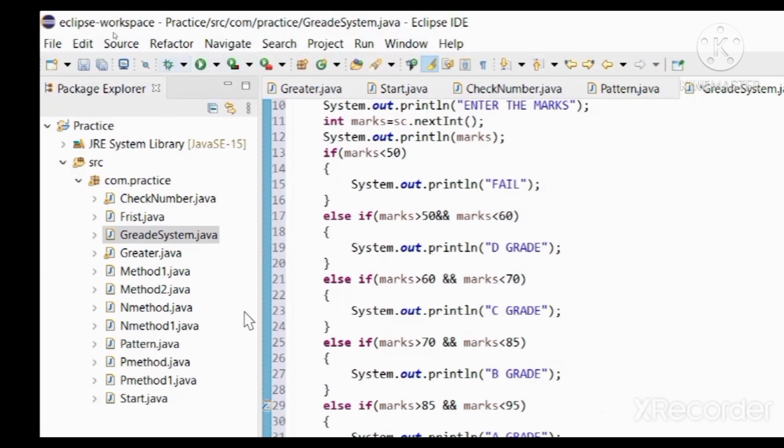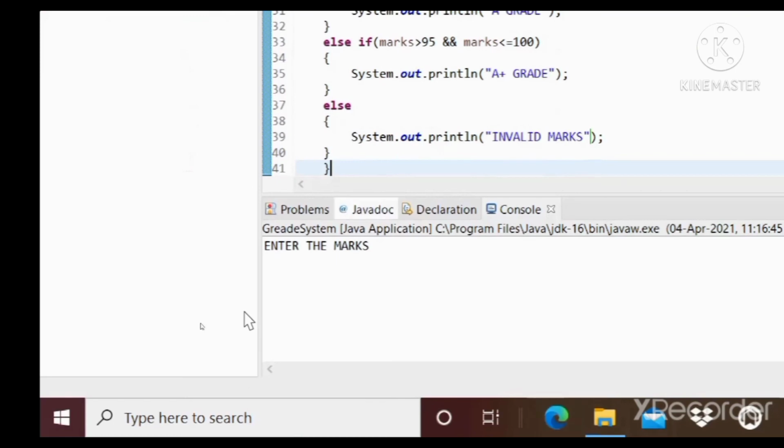After that we are going to run the program. Here it shows the message, enter the marks.